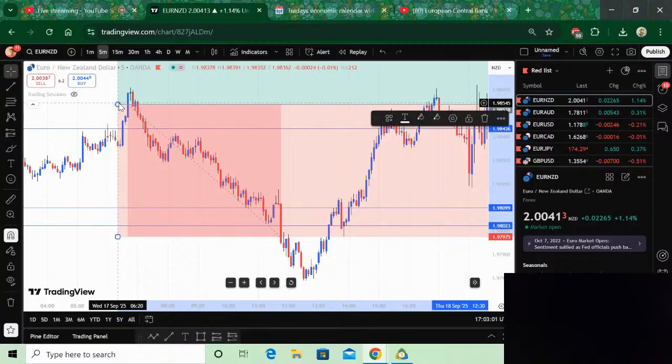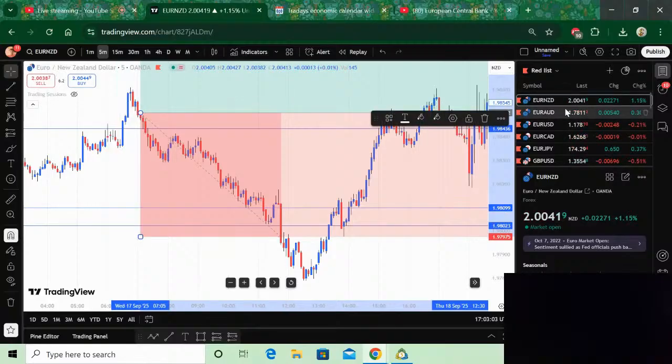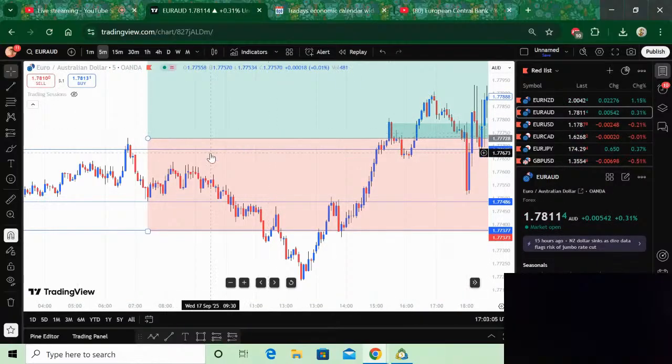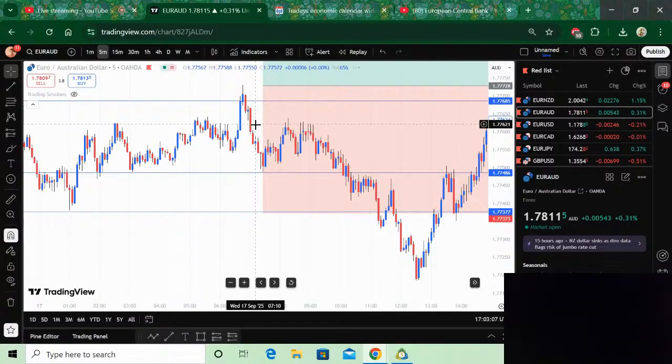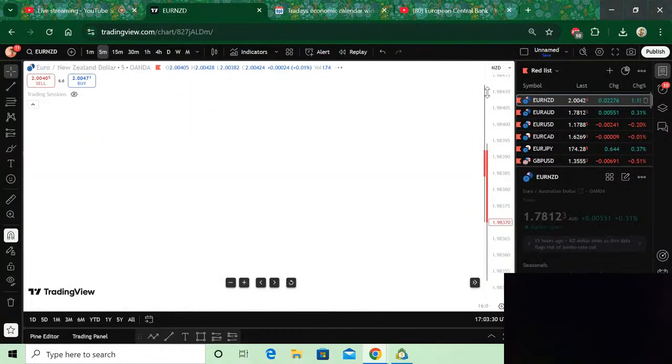This very move that took place in Euro NZD also took place in Euro AUD. We were expecting the price to go up. This place did not even give us a proper support. It did not give a proper setup, because it's supposed to open and close above this line, come back in here and take off from here. But because it opened above this line, this is still not a proper setup. Let me use NZD because NZD is proper.